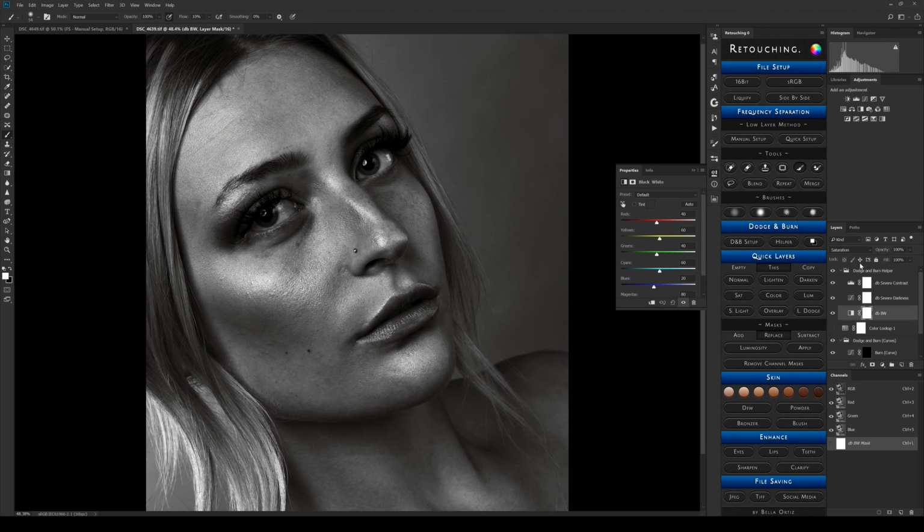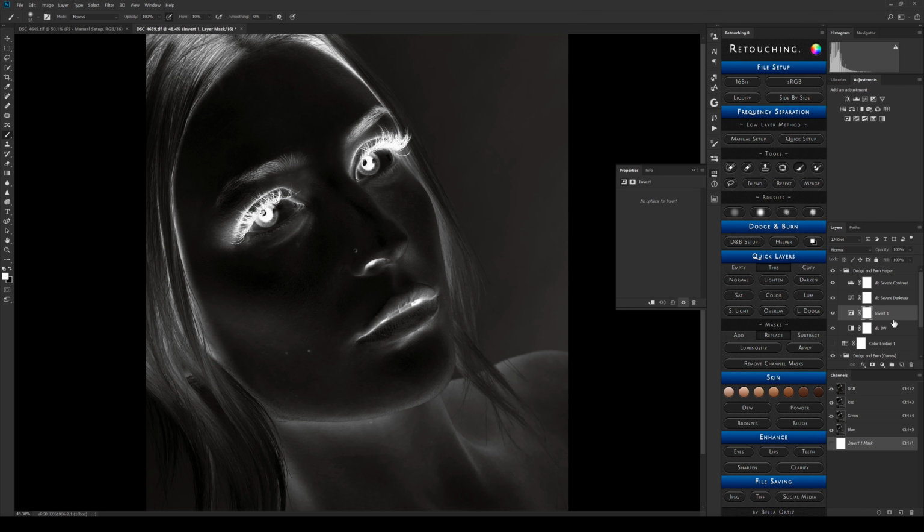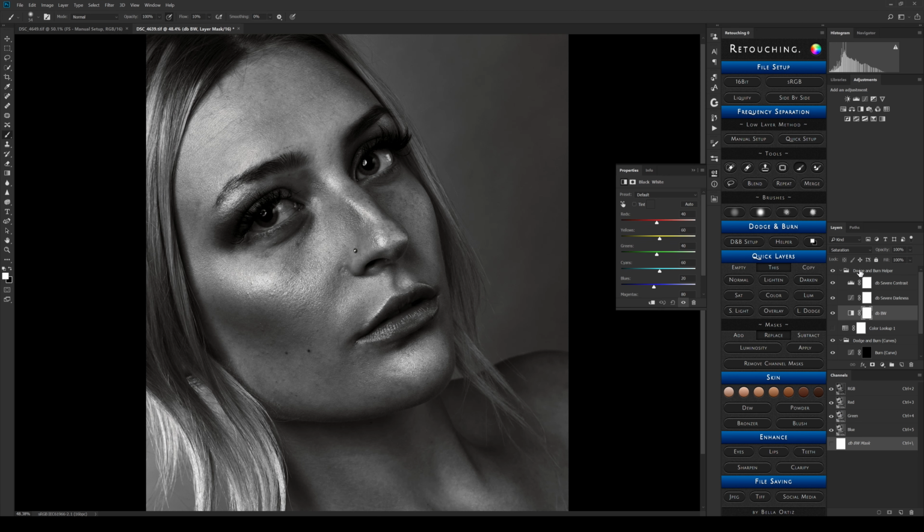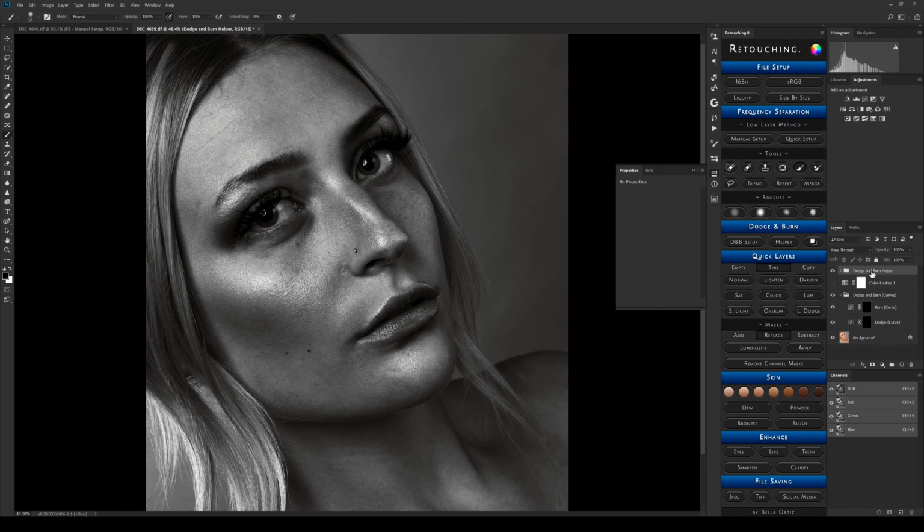And on a future update of the panel, I'll have a little separate box for doing an inverted black and white. I can't stand that stuff, but a lot of people use it, so I need to add it. But I hate it so much. Alright, so just to show what I'm looking for,